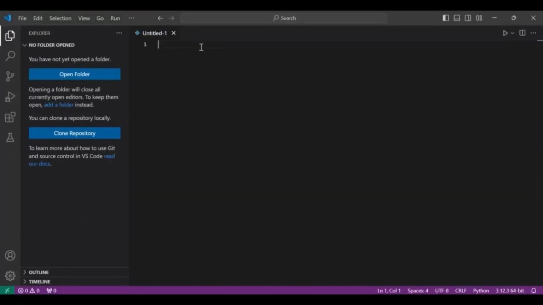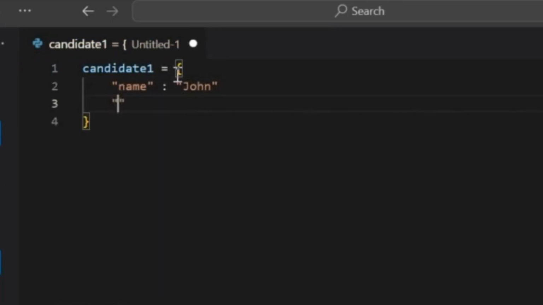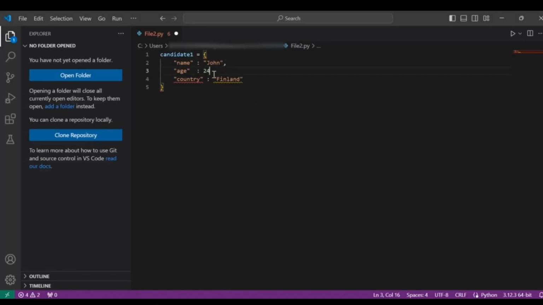The module can contain functions as we have seen now, but also variables of all types such as arrays, dictionaries, lists and more. So let's see how it works. So let's make use of dictionaries as a variable type here. That is candidate1 is equals to name colon John, age colon 24, country colon Finland. Now save this as file2.py